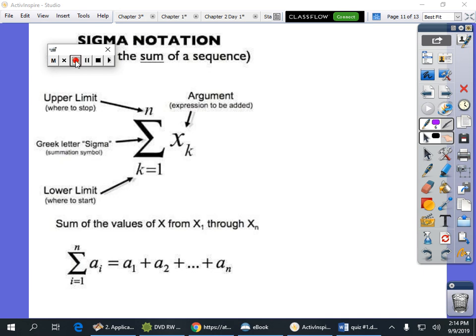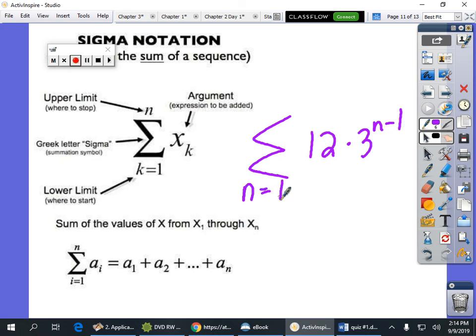So you've actually been doing sigma notation. Look back at your warm-up. Number 1 on your warm-up today, right? Okay? You came up with an equation, right? What was the equation? Right? And this is for the first to the, I'm going to do infinity because I said to the nth term, right? Okay? All right. That is how you write an equation